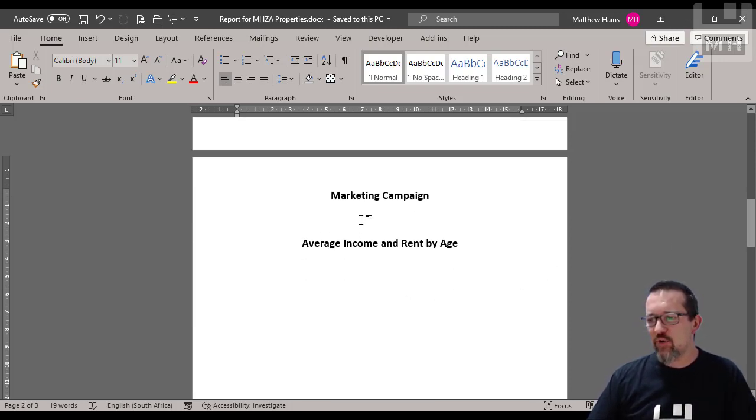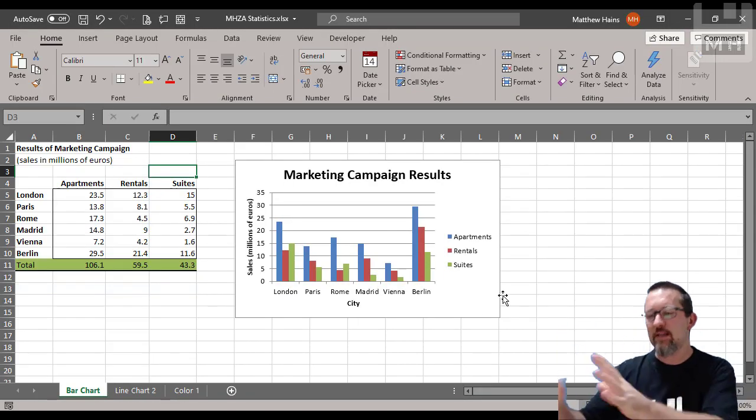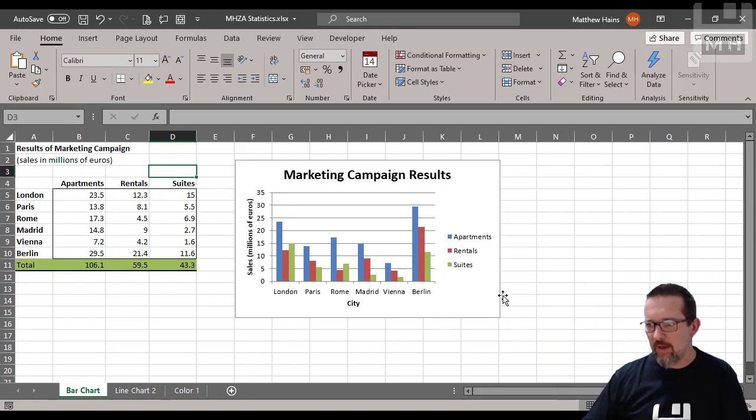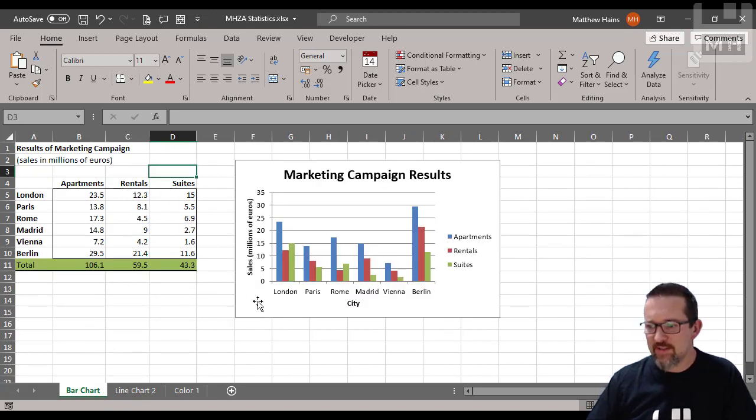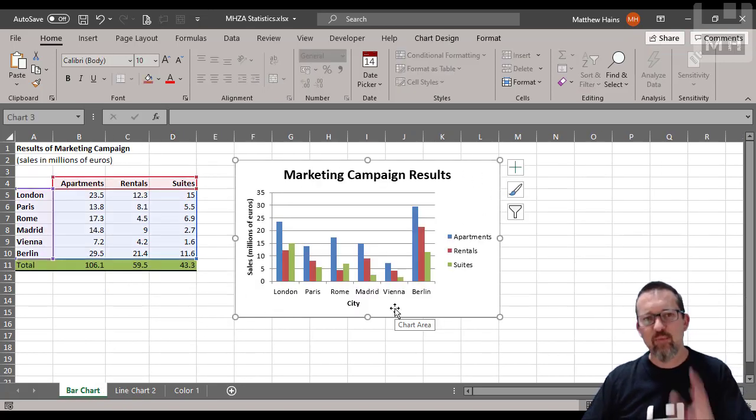Anyway, we have two files that I want to put in here, or actually graphs, statistics. Okay, and I'll show you where they are. If I bring up my Excel workbook, here it is here. I have got a bar chart worksheet here, and I've got a line chart worksheet here. And what I would like to do is take this chart and put it in my